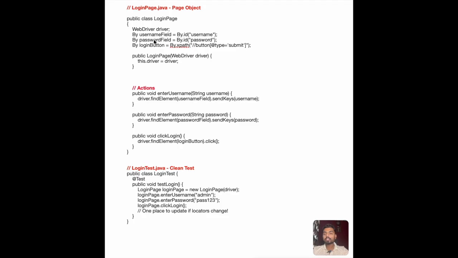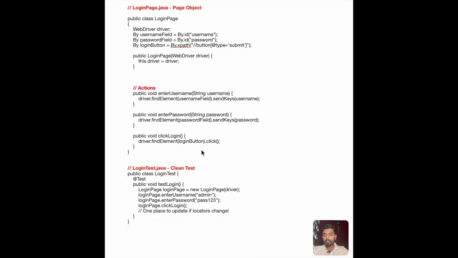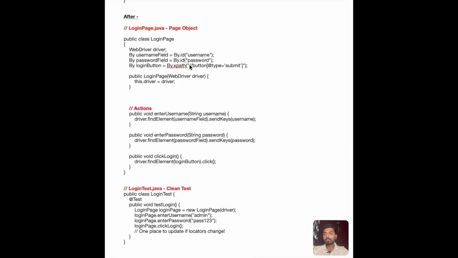Suppose we have username, password, and login button, and we have captured the XPaths for all of these. And what are the actions on those? It is mainly entering the username, entering the password, and then clicking. So if we define these, now tomorrow if you want to create one more test case using this login functionality, just go and create an object of that login page and keep calling the methods. So if something changes, we only have to go and modify in this one login page instead of touching all